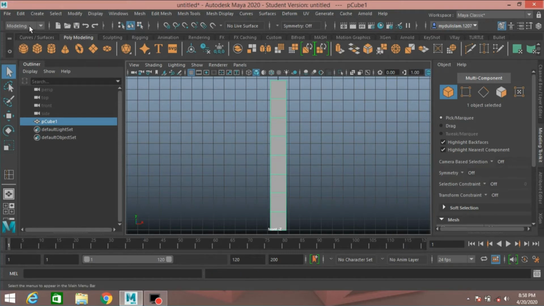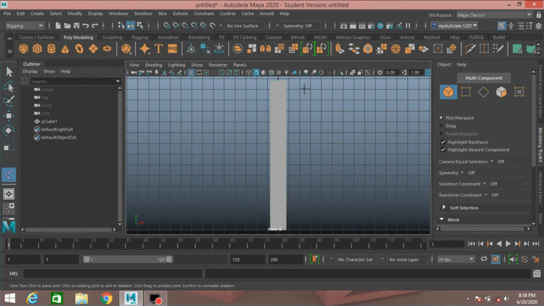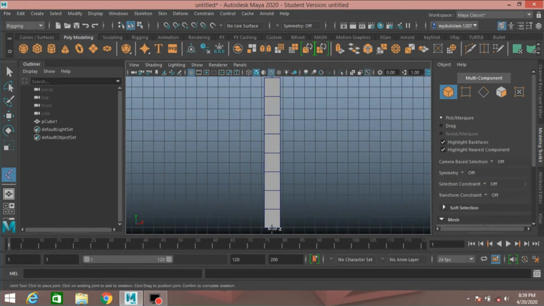Now change modeling menu to rigging menu, go to skeleton, create joint and turn on X-ray joint, wireframe on shaded mode. Now create joint like this,